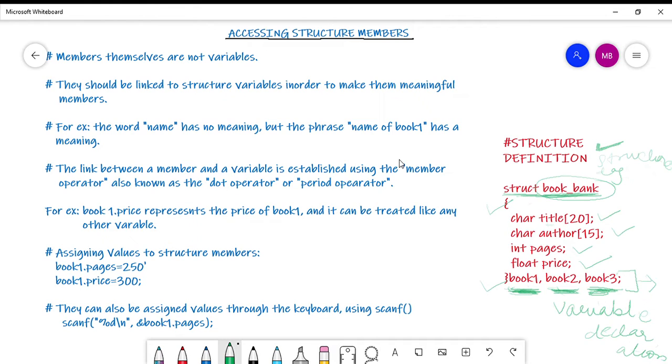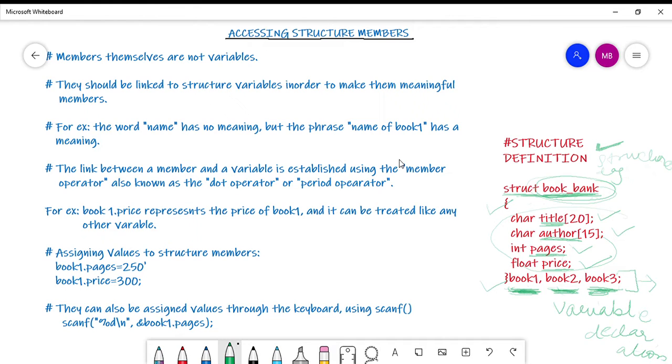So it is for sure that they will follow the same template, since their data type is structure book bank. So all of these variables will have four members: title, which is a character array, author, which is a character array, pages, which is of integer data type, and price, which is a float data type. So all these three variables, book 1, book 2, book 3, will have these four members.